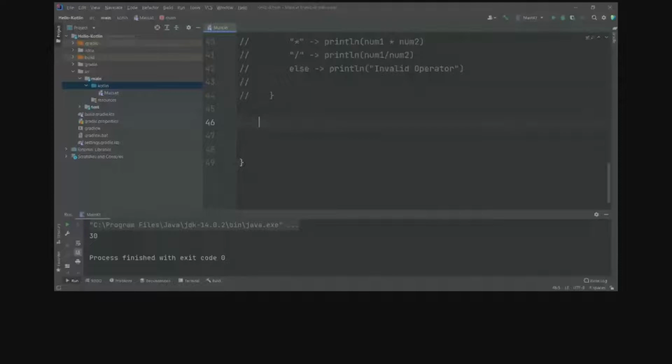As you can see, I have initialized a mutable variable i as 6. Can you guess the output of the program?